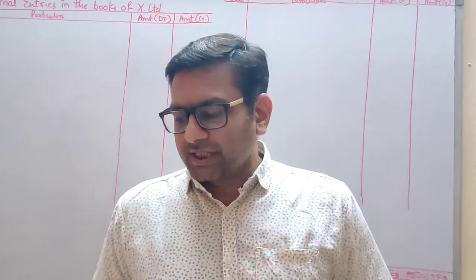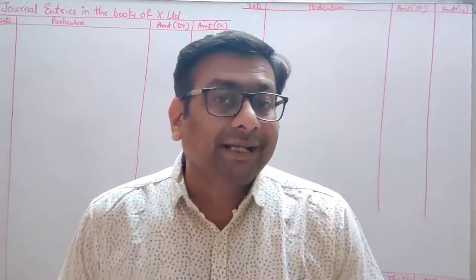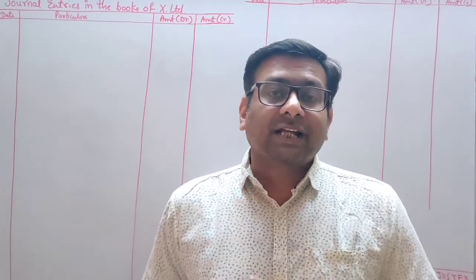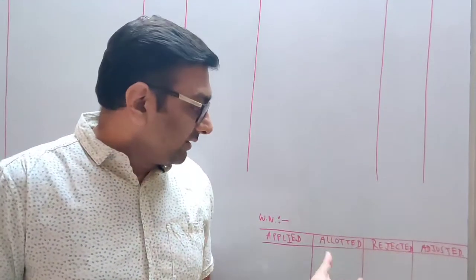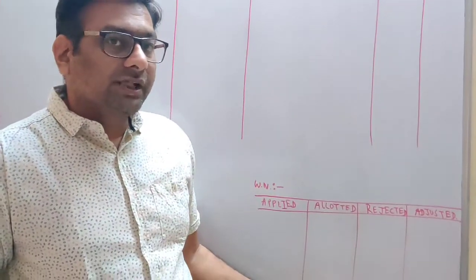Other applicants of shares were allotted on a pro rata basis. This is the second category. So in the first category, 5,000 applicants were given 5,000 shares. This is the full allotment category. Second category is the pro rata category. Now they haven't given us the detail of pro rata. So this table is going to help you find out how much ratio they have decided and all. So this table is very important, which we are going to make for this sum. So see the table when I explain this working note.